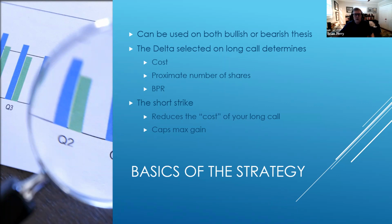And also what I found is if you go to a lower delta, the lower delta you go, the higher your buying power reduction is. So just check with your broker or play around with it to see how that works on your platform. And the short strike, again, we collect credit by selling them, and it reduces the basis or the cost in our long call, but it also caps the maximum gain in the trade. So if we had just bought the call and it went up 50%, we'd have made a lot more than if we sold the call,